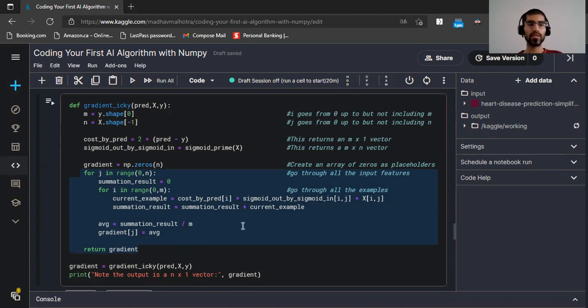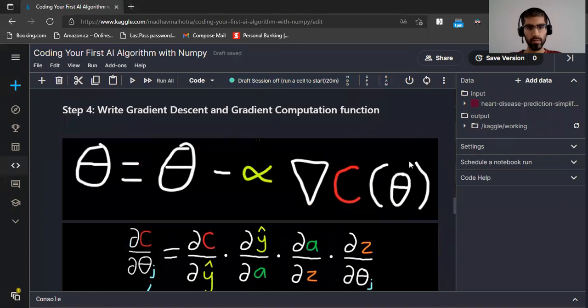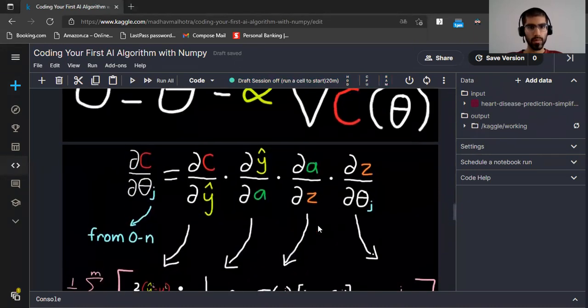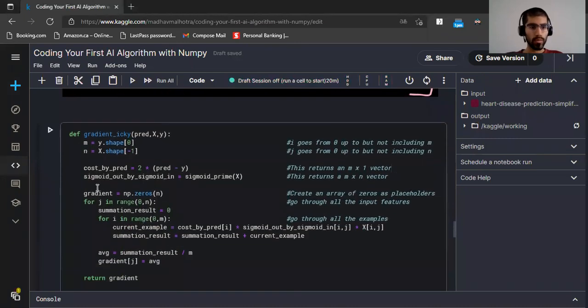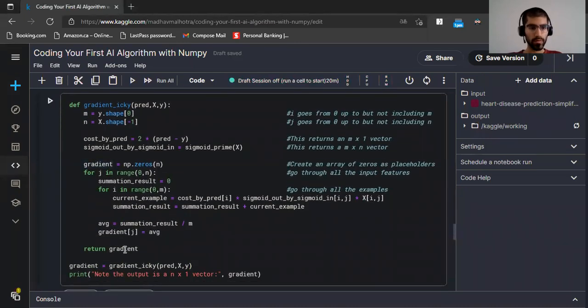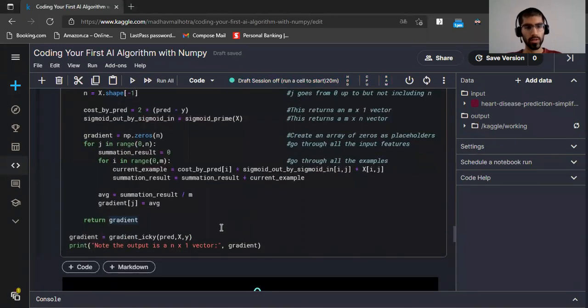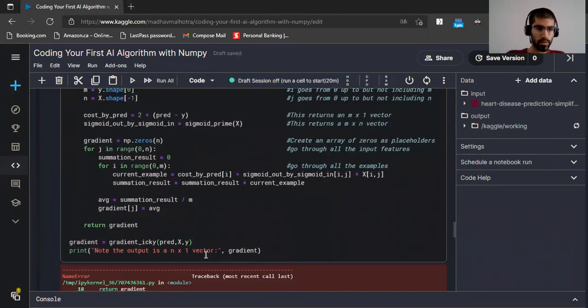So here's the key clues that we're going to use to be able to do this. I've left the key clues in the comments. When we're doing this gradient function, we're computing this gradient right here. And the gradient, remember, is just all of these partial C by partial theta 0, 1, 2, 3, 4. Well, we have this right here. And notice that when we run this function,